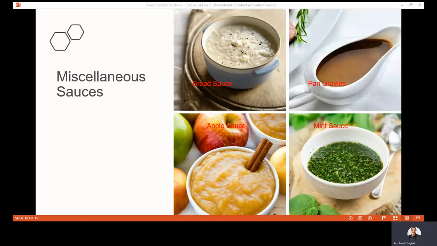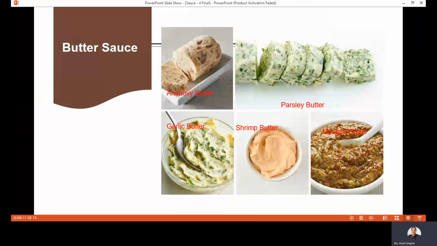So these are the different sauces, like your coulis, which are kept under that. After that, these are the sauces which come under this. Now, if I move to the next, then the next sauce is your butter sauces. Now, butter sauces in professional cuisine are classified under two categories: simple butter sauce and compound butter